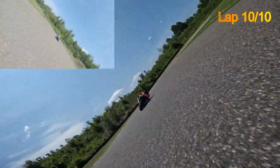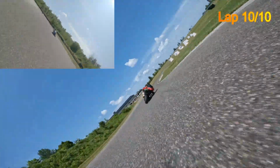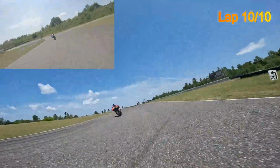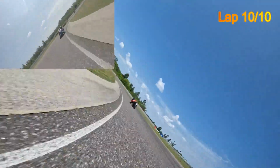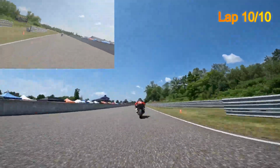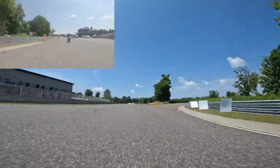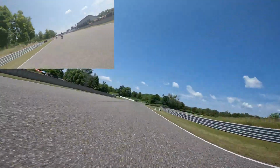Maybe he just doesn't have the pace, or maybe he's waiting until corner 20, because we've seen him 3 or 4 times having a better exit. But looks like Lavalley is too far away and might get it. Oh, but Lavalley runs wide into the curve, hits the grass, and Paul full gas. Oh my gosh, and Paul has it by 0.2 of a second in front of Lavalley, that misses his exit